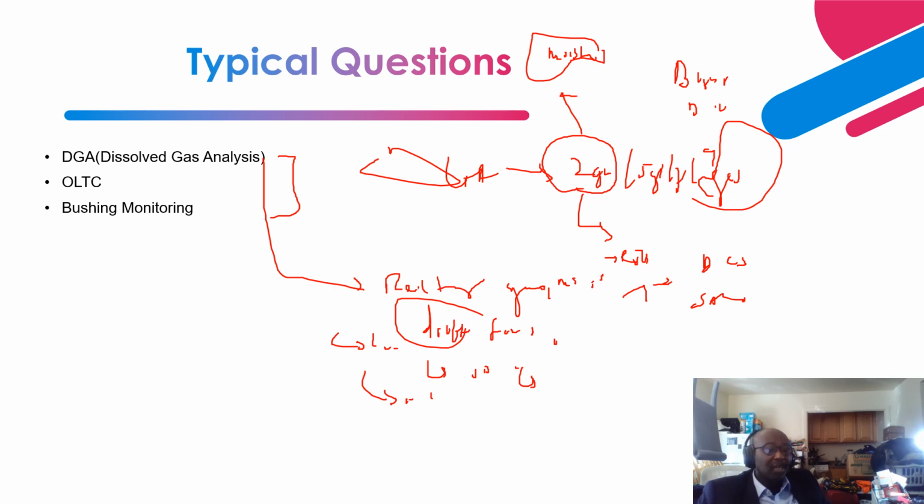Next is OLTC, the on-load tap changer. Remember, I made mention that this tap changer is installed on the low voltage side of the transformer winding to provide voltage regulation, changing the voltage taps, and to provide the adequate voltage that is needed by the load. As the load changes, let's say you have an increasing load, basically voltage is going to go down. That is when you need to adjust the